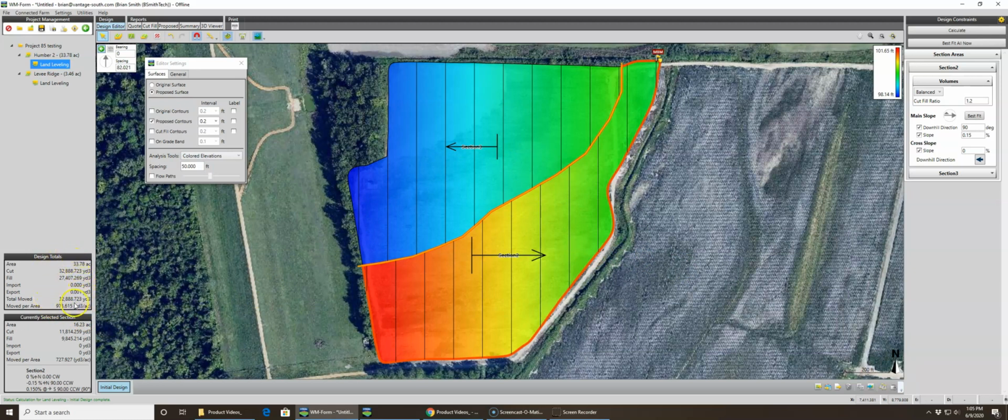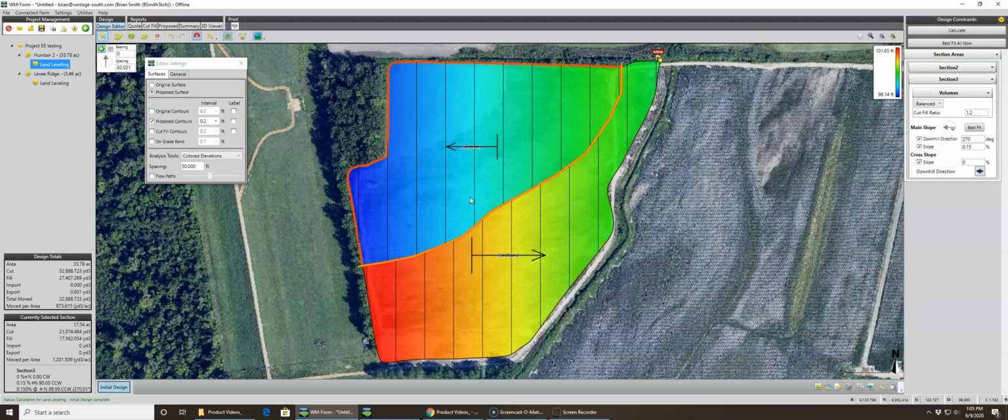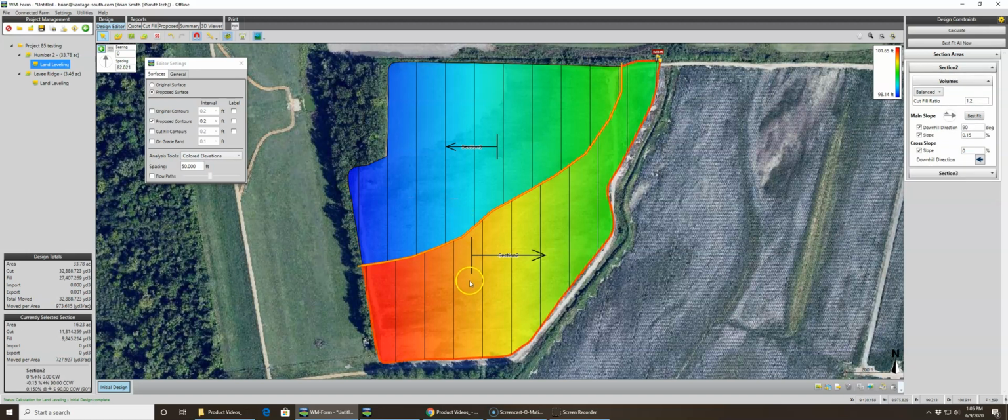Total design totals is the whole project. This current selected design is whichever one has this red line highlighted around the field. Okay. 1,200 yards per acre in section 3. 727 yards in section 2. Okay. Calculating